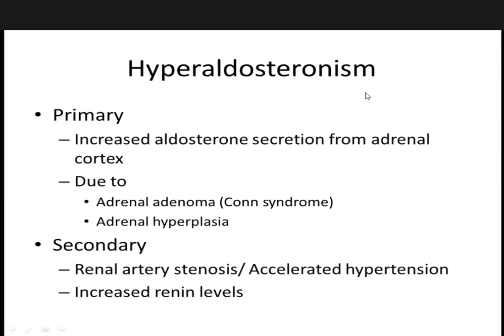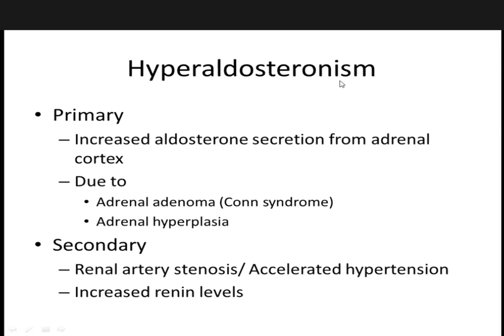So shall I move on to hyperaldosteronism? Right. Now, hyperaldosteronism is again due to increased levels of aldosterone. It can be either primary or secondary. Primary is due to increased aldosterone secretion from the adrenal cortex. This can be due to adrenal adenoma, that is called Cushing syndrome, or adrenal hyperplasia. Secondary causes may be due to renal artery stenosis and accelerated hypertension,